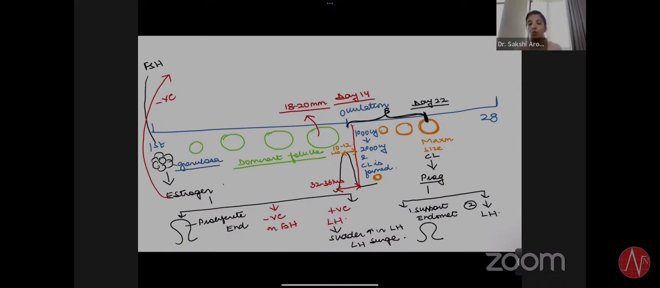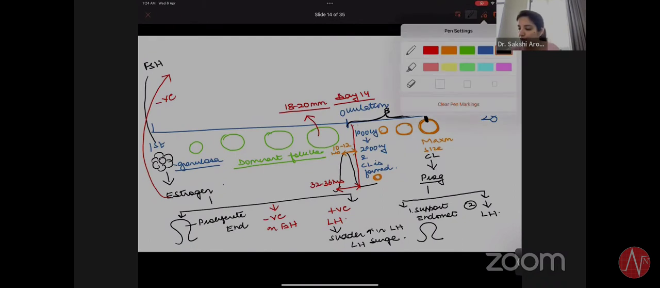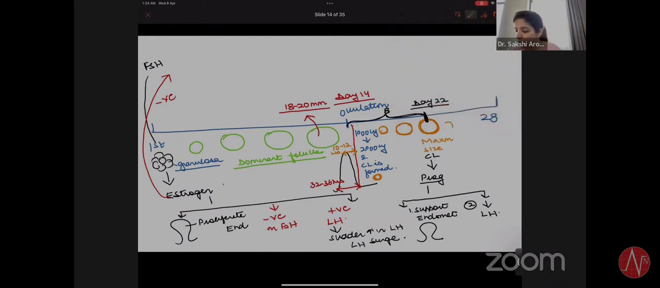So what has progesterone done? Progesterone has supported the endometrium and progesterone has decreased LH. Now, because progesterone has decreased LH and corpus luteum was dependent on LH, तो जब LH के levels कम होंगे तो corpus luteum धीरे धीरे it will start dying,